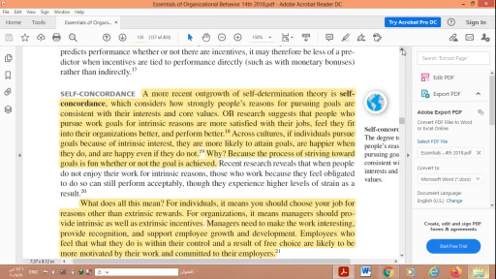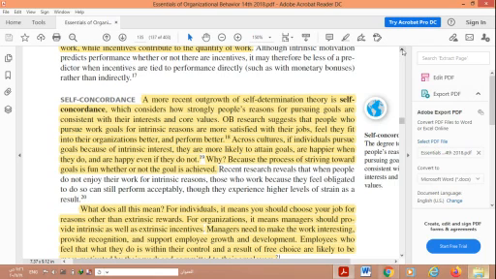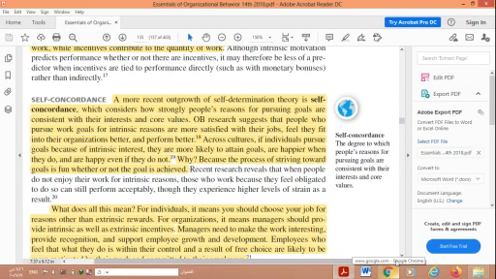Another issue which arises from the first and second theories, cognitive evaluation theory and self-determination theory, is self-concordance. Self-concordance means the degree to which people's reasons for pursuing goals are consistent with their interests and core values or beliefs. Okay, so self-concordance shows a relationship between the reasons for pursuing and achieving a goal, and whether it matches the interests or beliefs of the employees. The more these reasons for achieving the goals match the employees' attitudes, interests, or beliefs, of course the achievement is higher and greater,